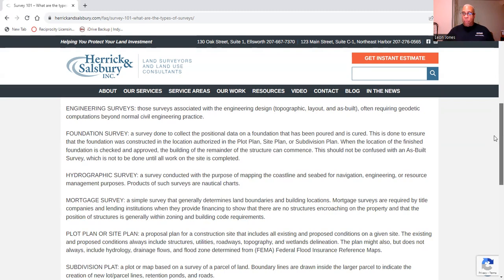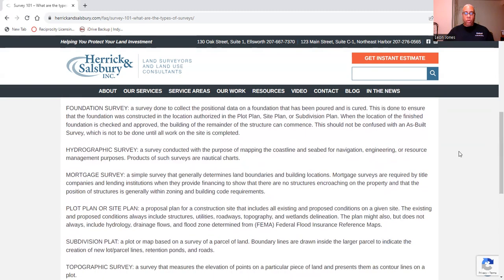Then we get into building or construction survey, and we start talking about a foundation survey. With a foundation survey, the use of a drone again comes into play, and that drone is used to collect the positional data on a foundation that has been poured and is cured.